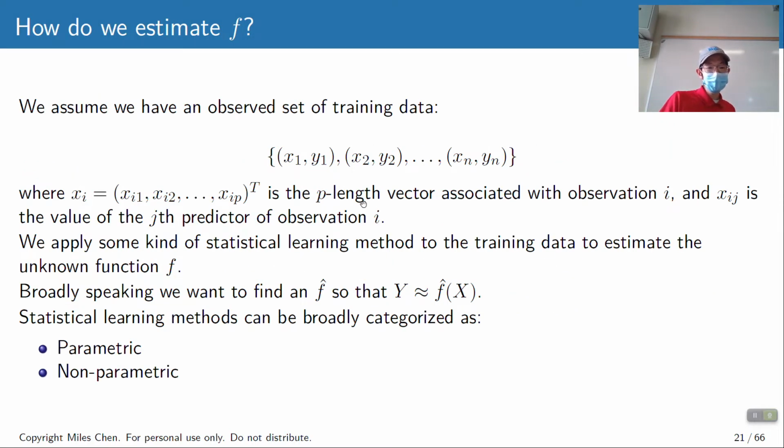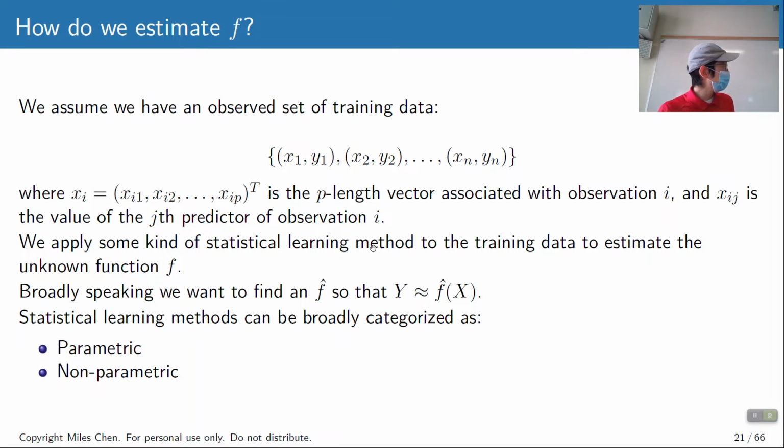Let's say we have our data. This is the data that we are going to use to create a model. We call this our training data. Usually somebody gives you data and says, fit a linear regression model or some kind of model to this. We have our x and we have our y. Keep in mind, this x is not just one value, but a vector associated with observation 1, and a vector associated with observation 2. So x1 is going to be a vector of length p, the vector of length p associated with observation i.